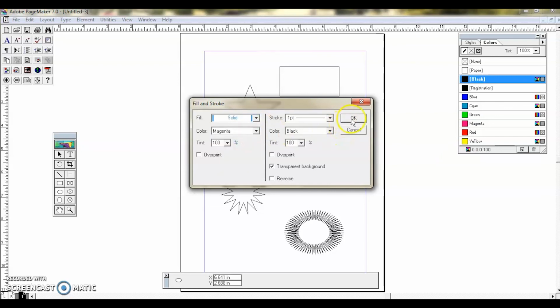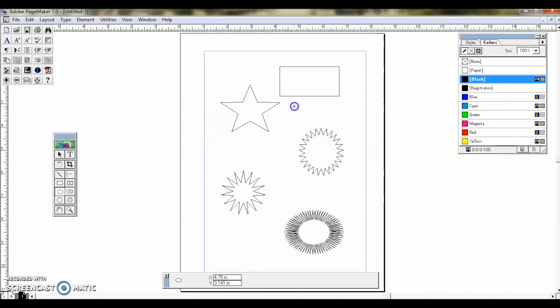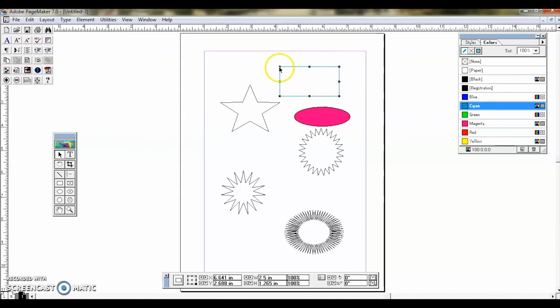Then if I click OK and draw an ellipse, my ellipse will be filled with magenta color shade. Now if I select this rectangle and give blue, the outer border line alone is filled with the blue color. If you want, you can also fill it with this blue color.